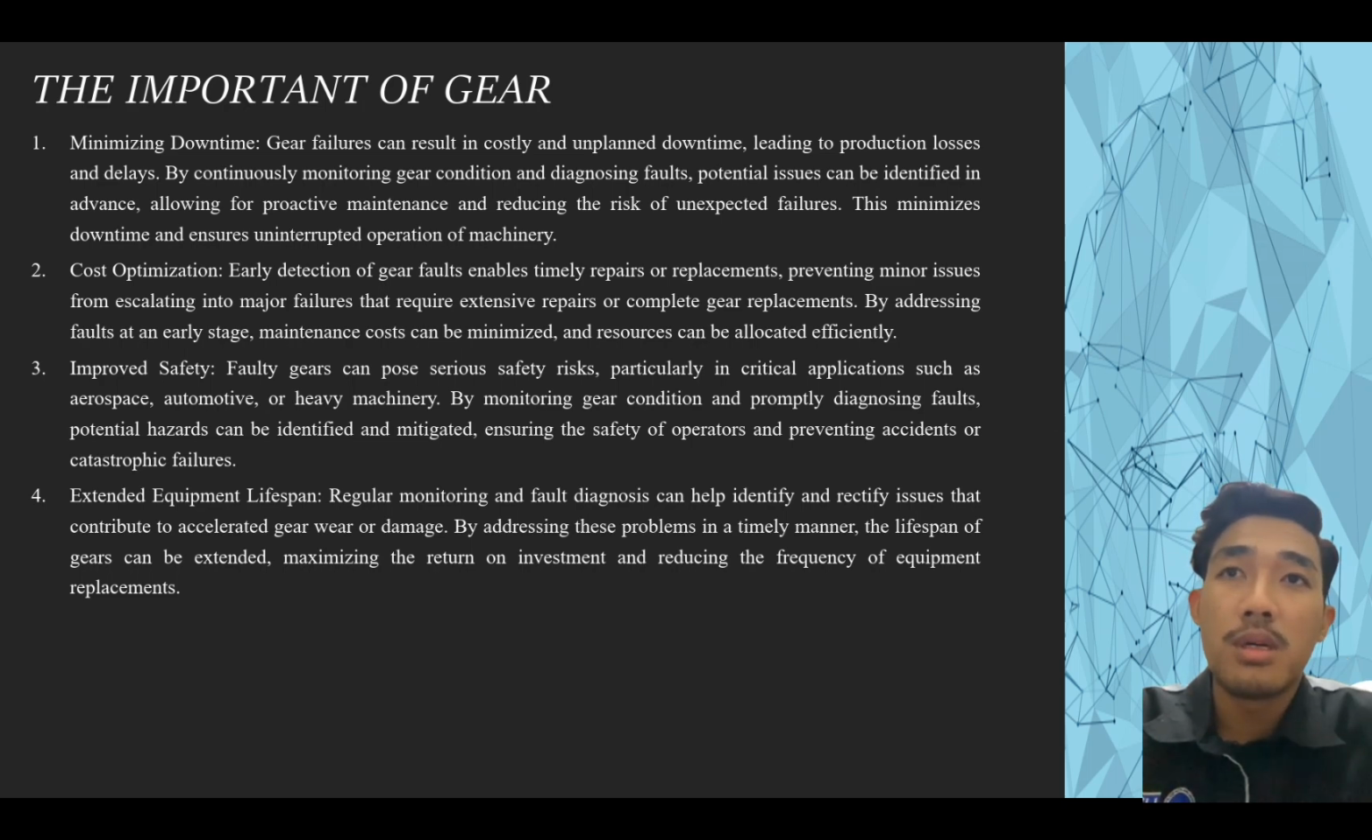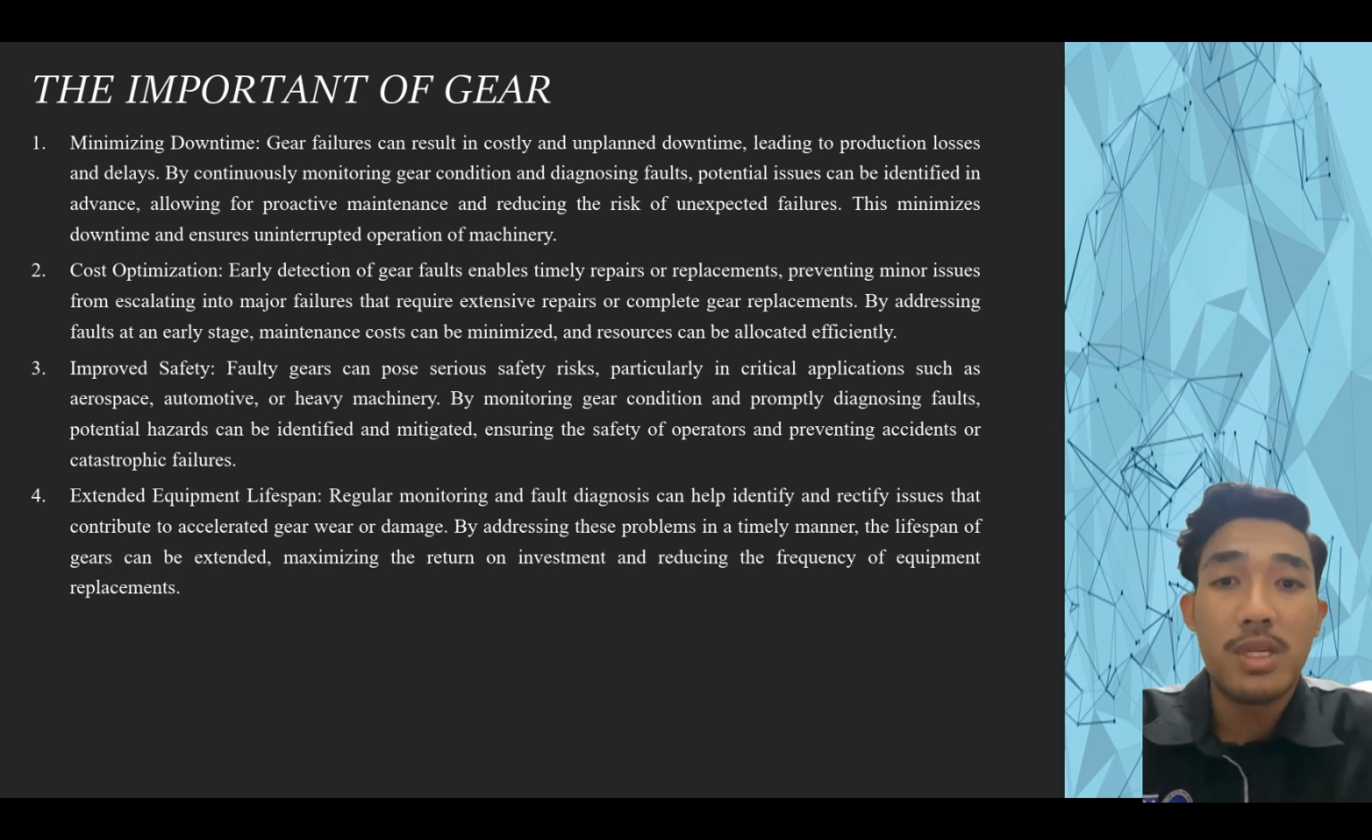First, the importance of gear monitoring is minimizing downtime. Gear failure can result in costly and unplanned downtime, leading to production losses and delays. By continuously monitoring gear condition and diagnosing faults, potential issues can be identified in advance, allowing for proactive maintenance and reducing the risk of unexpected failure. This minimizes downtime and ensures